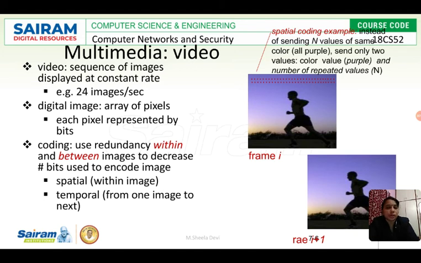No need to send all 24 images. Take the first frame, frame 1. You have to see the difference between frame 1 and frame 2. There would be minute changes between frame 1 and 2. So only that difference or changes should be taken and sent. No need to send both images. Clear? Only the change or difference between the two images is required. It is not required to send the entire second frame.